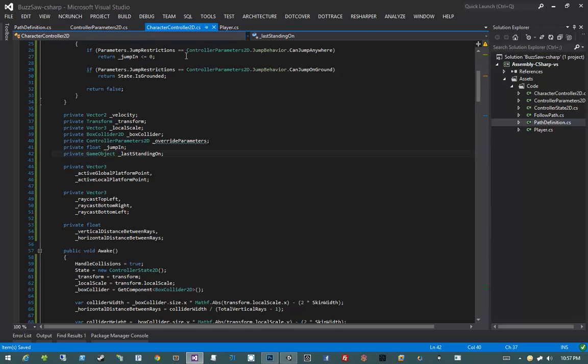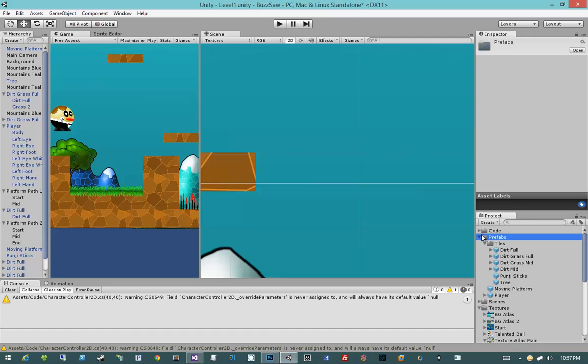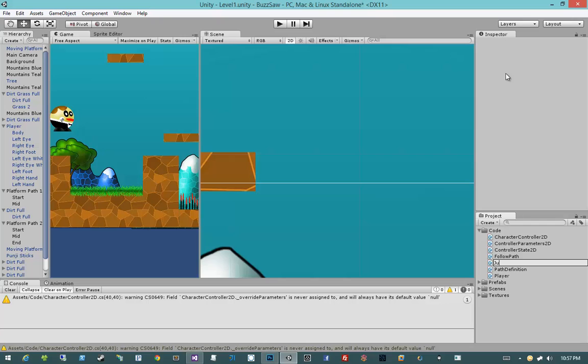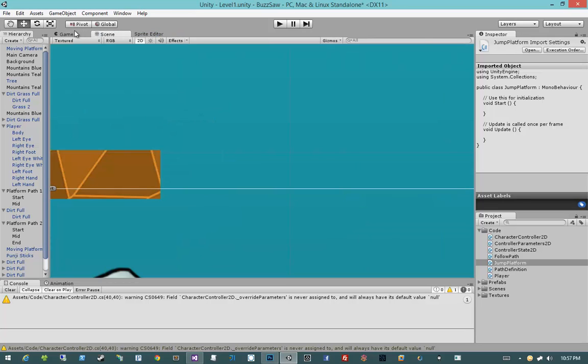So now, the objects that we're standing on receive messages. What does that mean? Well, that means we can write scripts that actually handle those messages and do different things, like speed up or slow down a player, make them jump, make them do whatever, really. So let's go ahead and do that. I'm going to go into Unity, and I'm going to open up my code folder in my project window. And then I'm going to say create C# script, and I'm going to say jump platform. So this is going to be a platform that makes you jump